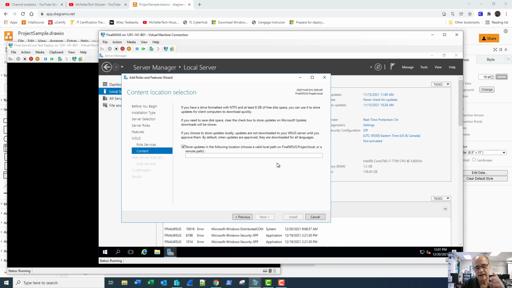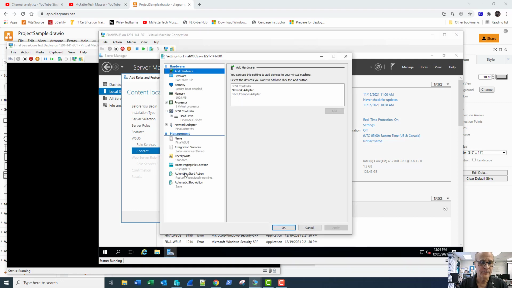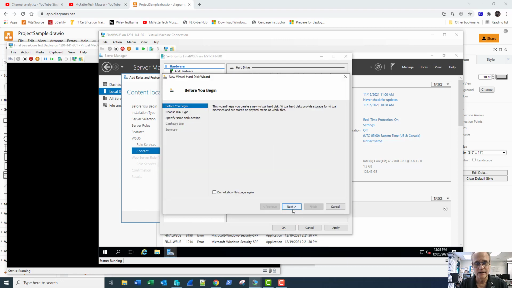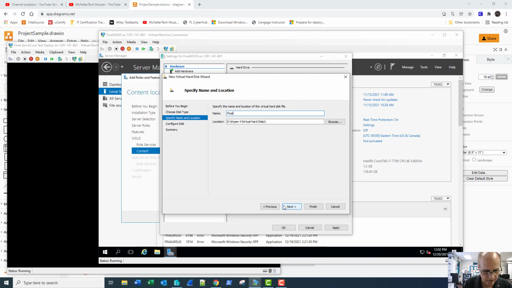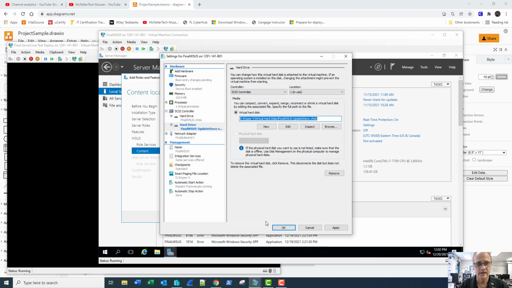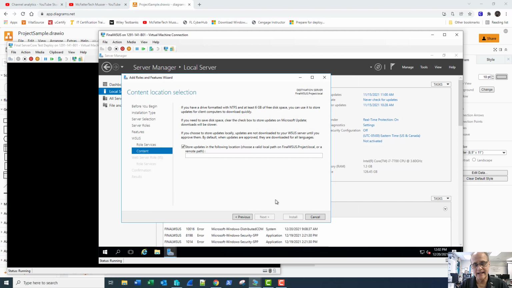So what I'm going to do is, rather than store them where the operating system runs, I'm going to add another drive. So we're going to go to File, Settings, and we're going to select SCSI Controller, Hard Drive, Add, New, Next, Next, and we're going to call it Final WSUS Update Store. Next, we'll leave it to the default size and finish. There's our drive. It's attached, but it's not